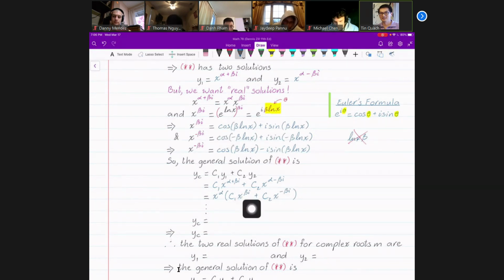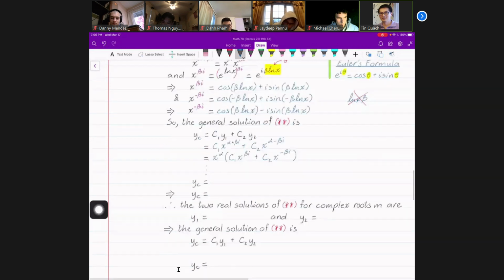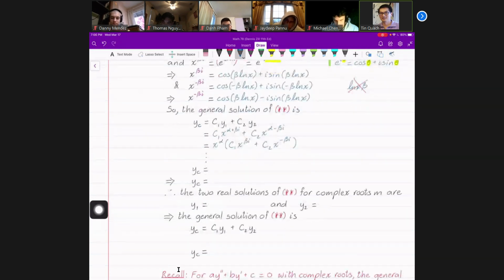And try to combine like terms, just like how we did it in section 4.3. So I'm not going to go over that again. That's just algebra. So after you do that, then you should get something like this. So you should have x to the alpha. And then on the inside, after you do some steps in between, you can combine all the terms containing